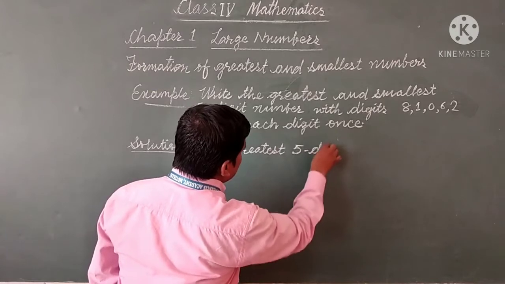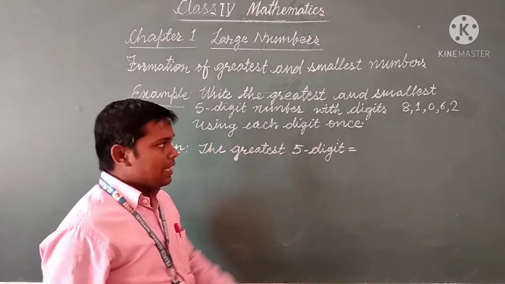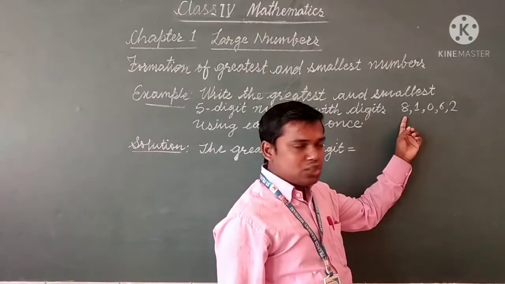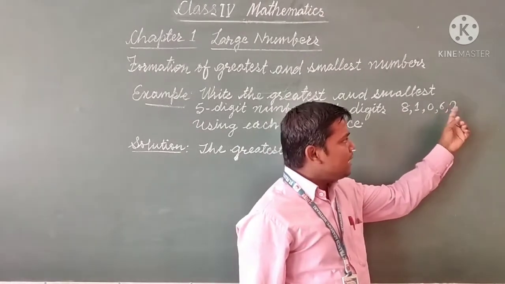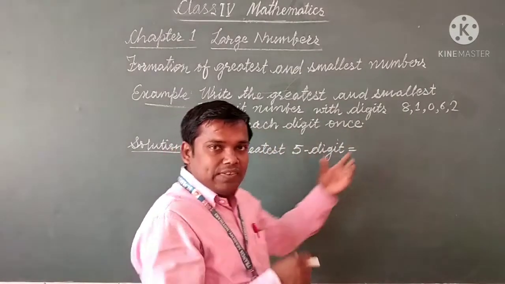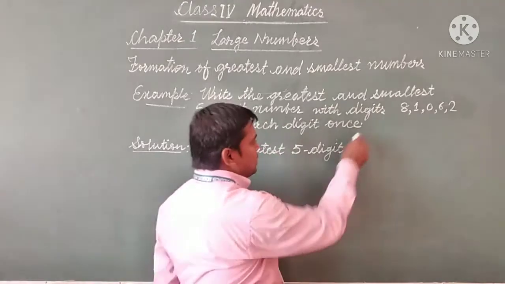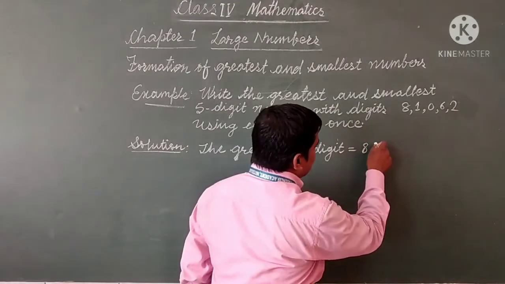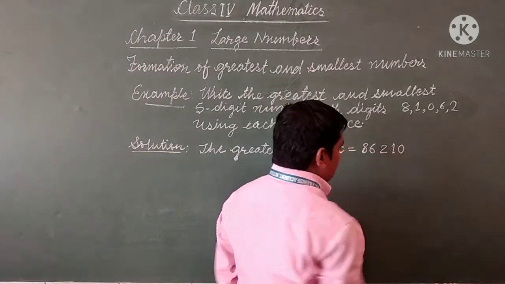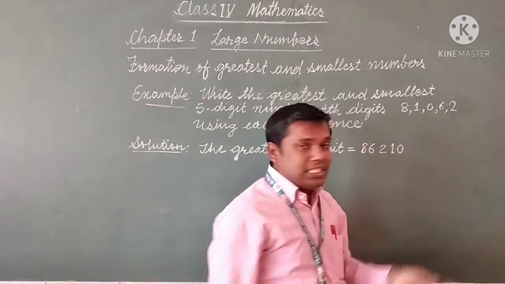Among the digits you are seeing, 8 is the greatest one, then 6, then 2, then 1, then 0. So to write the greatest number with the given digits, we write the given digits in descending order. Means first we write 8, then 6, then 2, then 1, then 0. So this is the greatest 5-digit number with these digits using one digit at once,